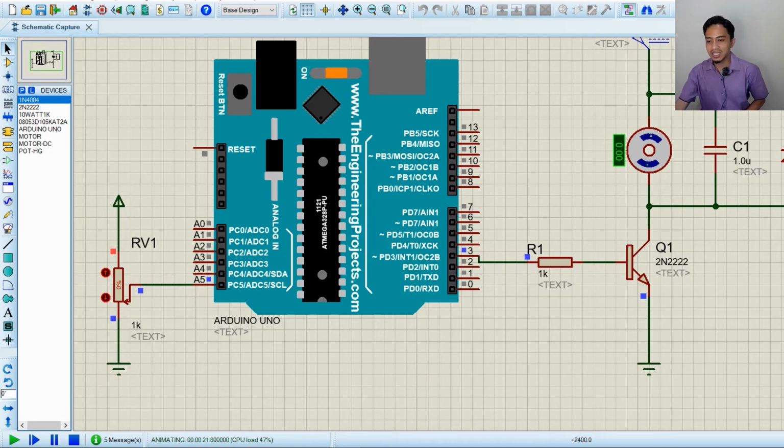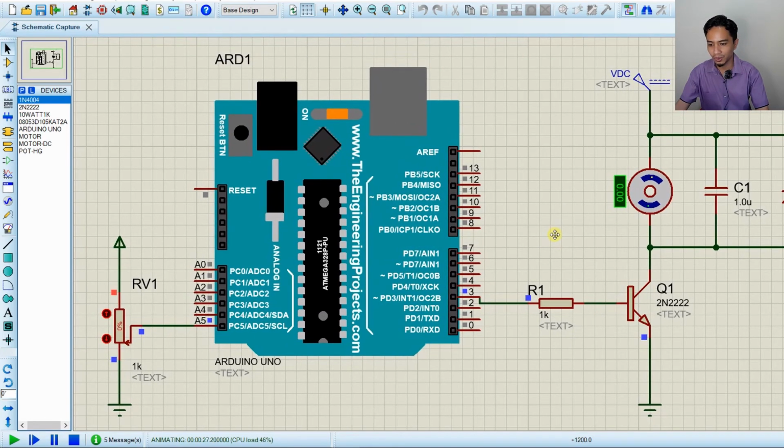So if you don't have hardware again, you can use this Pro Tools here for simulating this